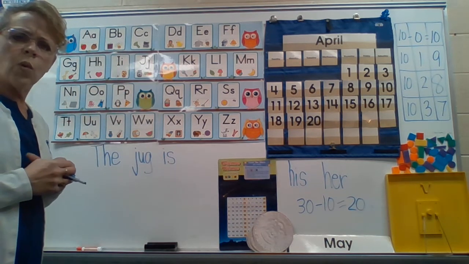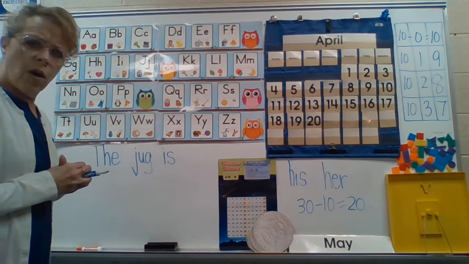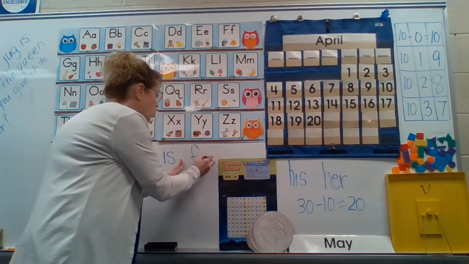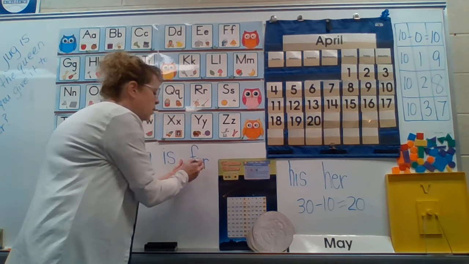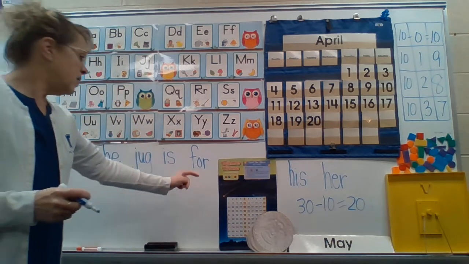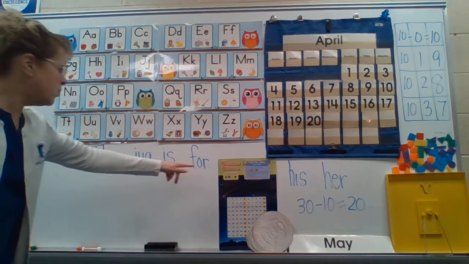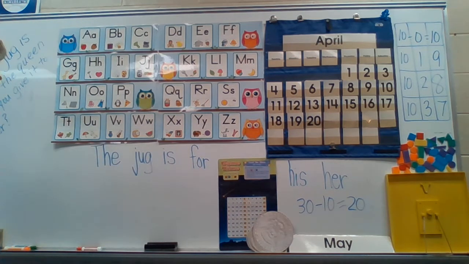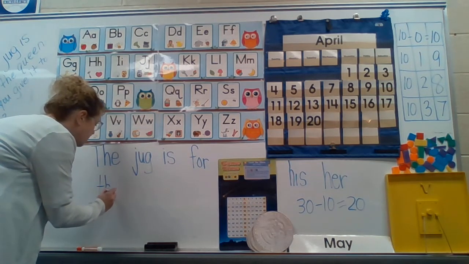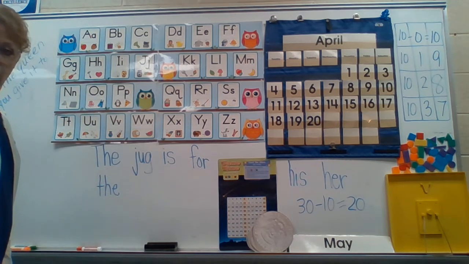Next word is for, and we haven't probably done that sight word yet, but it's F-O-R. And that doesn't mean the number 4. This for is F-O-R. The number 4 is spelled F-O-U-R. That's the number word. This just means for someone. The jug is for the, again, but this time lowercase because it's not at the beginning of the sentence. The jug is for the